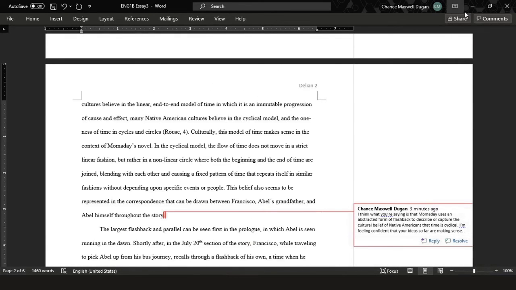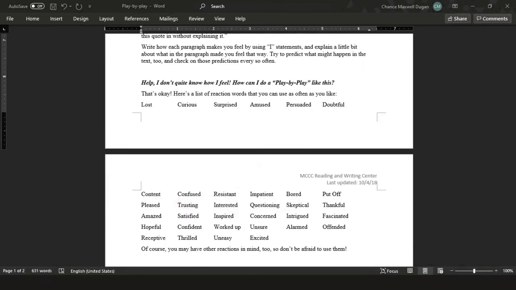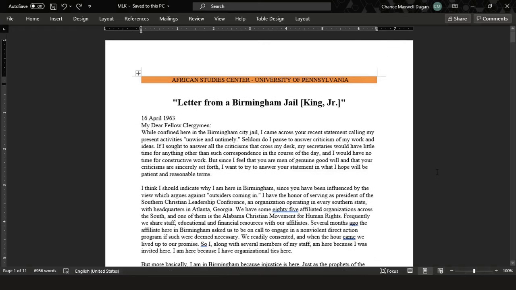Using play-by-play isn't just useful on your essays or other people's essays, but you can also use it to go through and look at things written by other people if you're doing a reader response type essay, or you're doing a critical analysis or a rhetorical analysis of some kind.